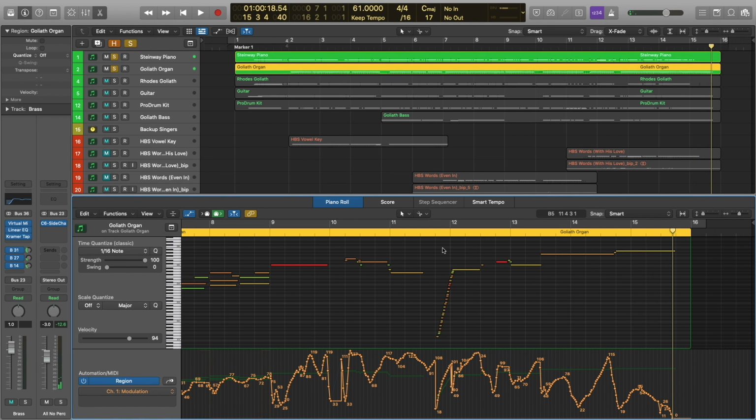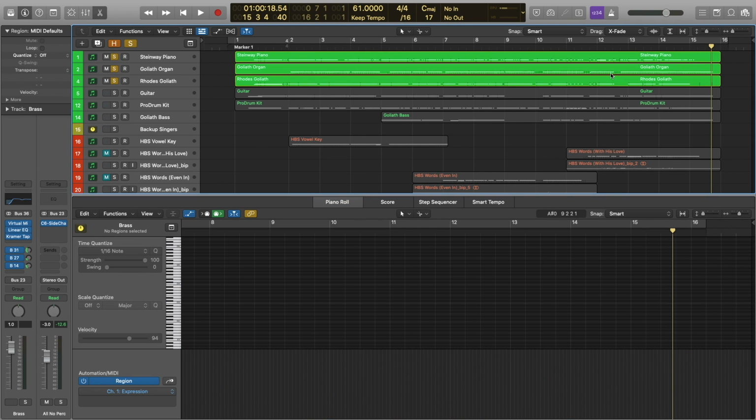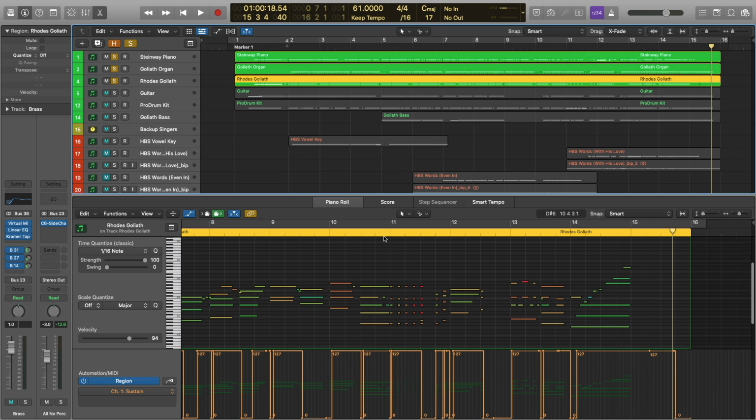You know, again, just the way that that patch responds to the mod wheel is just, it's so natural and just so satisfying. And I'll be honest with you, I don't know if this patch responds to CC1 or CC11 because I have actually both CC1 and CC11 mapped to my mod wheel on my MIDI controller. So let's go ahead and check out what's going on in the Rhodes here.